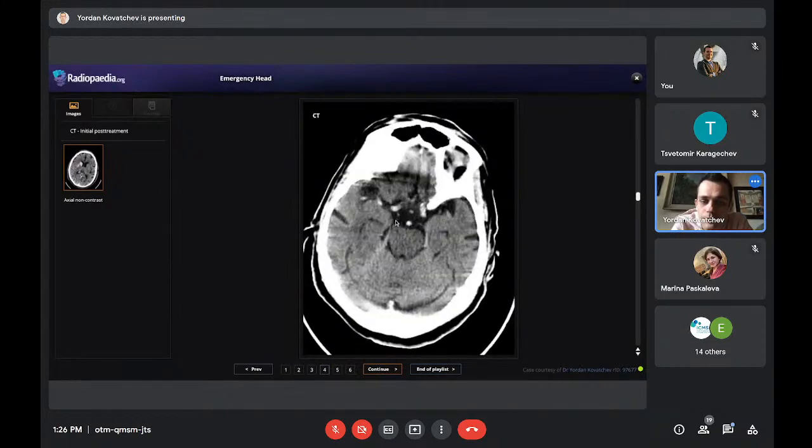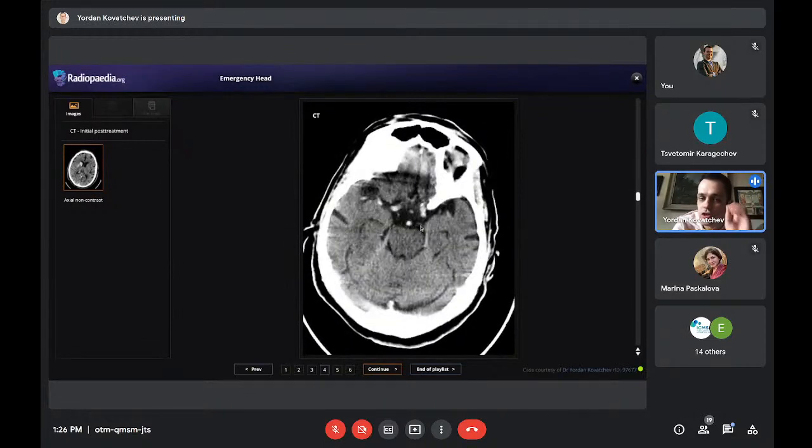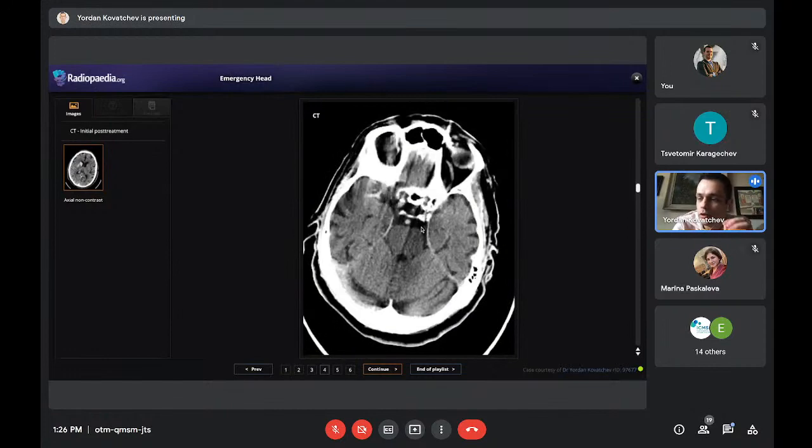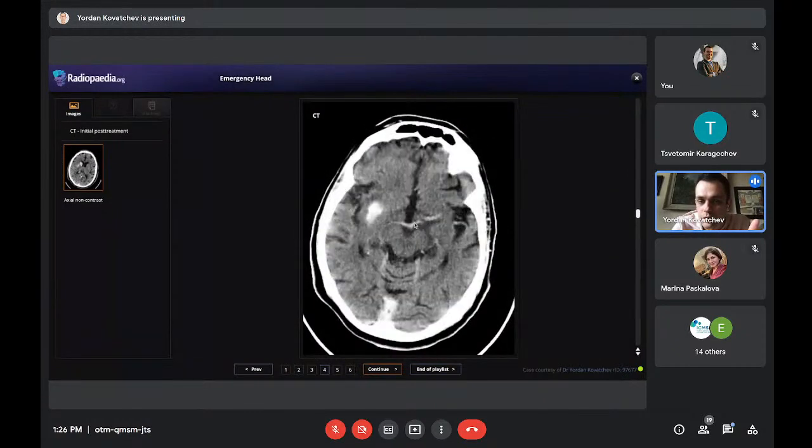And also, this is a slight note, we can see this is a non-contrast CT, but the patient just had thrombectomy, right? And during this digital subtracted angiography, which is the conventional angiography they do in interventional radiology, they give contrast. And there is residual contrast in the vessels. That's why you can see them so well. You notice it's a non-contrast CT, but the vessels are really well seen.